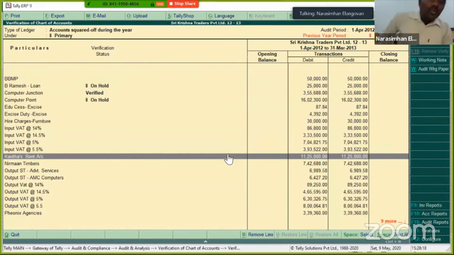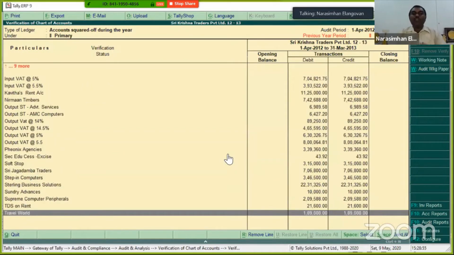Now, what are the popular accounts which can come over here, or what are the ledgers which normally get squared off? Sometimes salary to related parties gets squared off through this. Sometimes if they don't want to show an item to the auditors, it will come here. Or many a time payments to creditors. I would have debited expenditure, credited the creditor, then debited the creditor, payment cash. Maybe that creditor I will never get, if I go to the balance sheet, I'll not be able to figure it out at all. But if I go here, I'll get to know who are all those ledgers which have been squared off. So this is a quick way for me to identify.